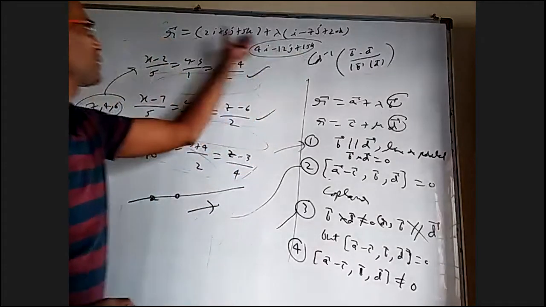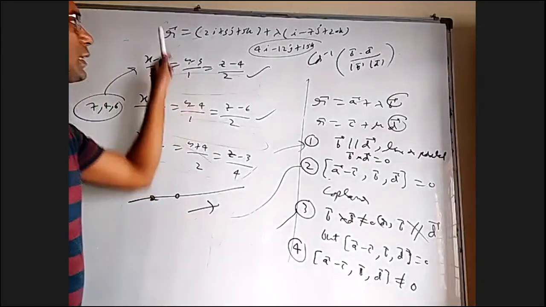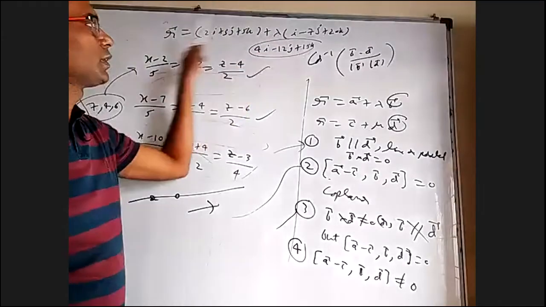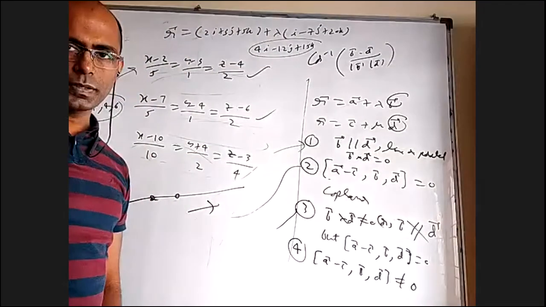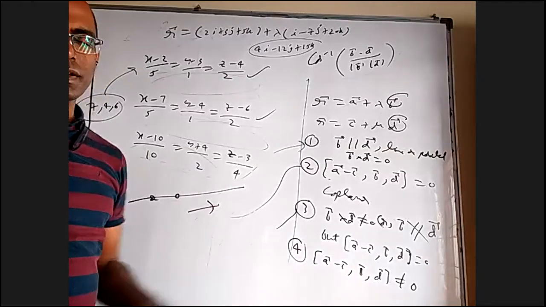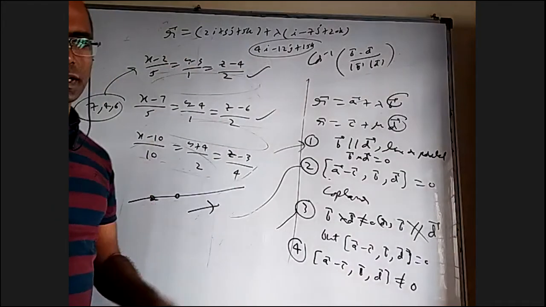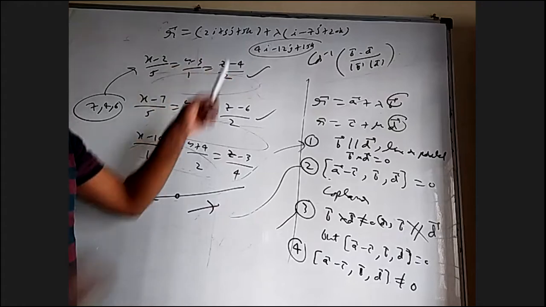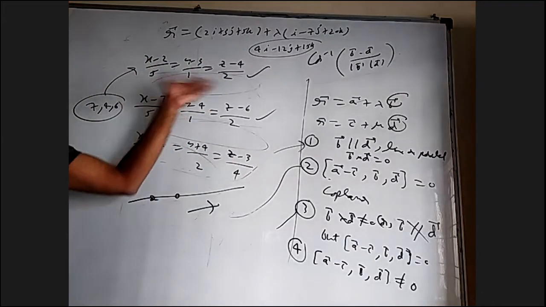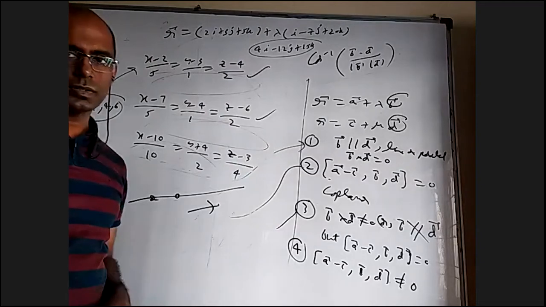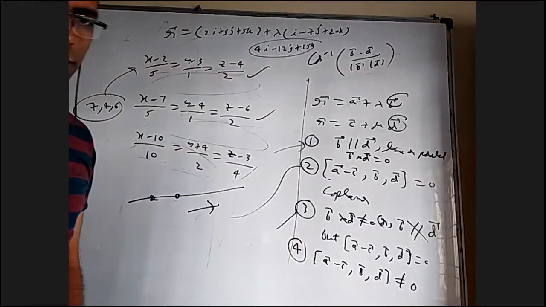Take this point, put it in the place of r bar. Equate i coefficients, you will get one lambda. Equate j coefficients, you will get another lambda. Equate k coefficients, you will get another lambda. All 3 lambdas should come the same. If any two are different, then this point is not lying on that line. In vectors it is a little difficult to say, but in 3D it is easy. In the place of x, y, z, substitute it, it should satisfy the equation. Here, when it says satisfy the equation, we should identify a lambda for which it satisfies.